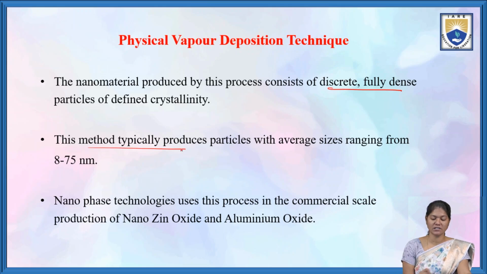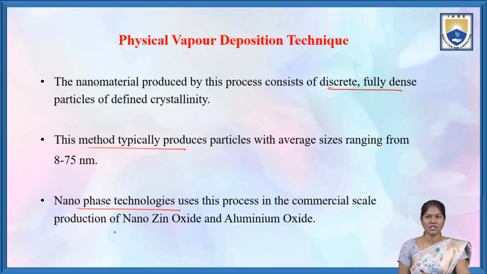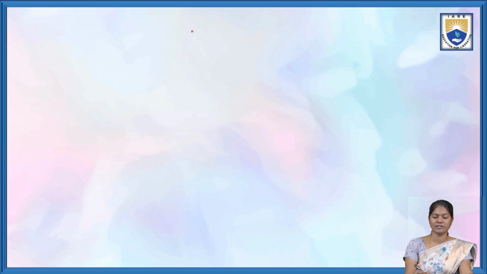This method typically produces particles with average sizes ranging from 8 to 75 nanometers. Nanophase Technologies uses this process on a commercial scale to produce nano zinc oxide and aluminum oxide nanoparticles. So let's see their setup of